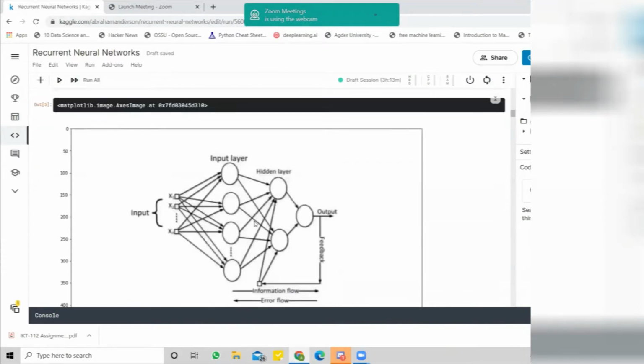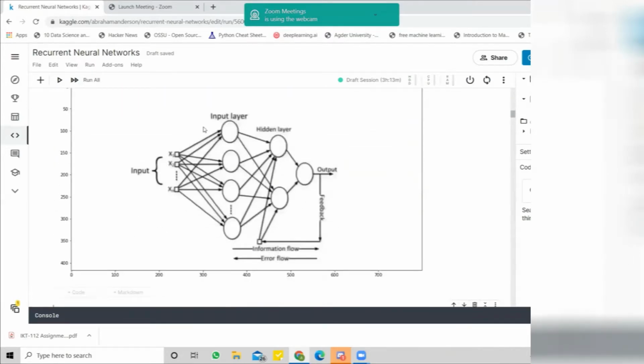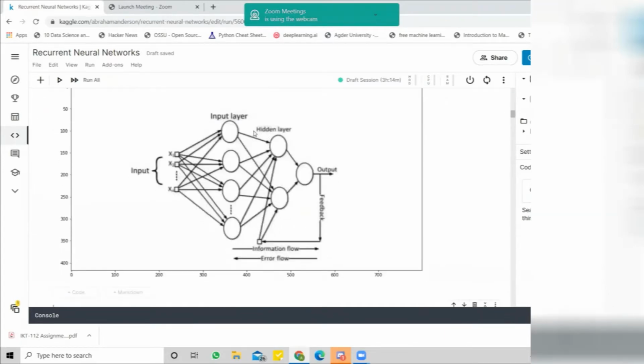Maybe in the previous picture we saw a very simple version, but this chunk of network contains a huge artificial neural network also. But the difference is that normal artificial neural networks can contain more than one hidden layer, while in this recurrent neural network, every single chunk includes just one hidden layer. We have inputs, an input layer, and then just a single hidden layer, and we get the output.